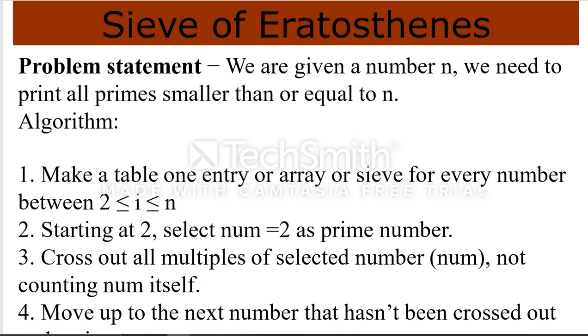Unwanted elements. All the non-prime numbers are unwanted numbers, and we have to sieve out all the non-prime numbers, so all prime numbers are left in the sieve. A sieve is just like a filter which filters out all the non-prime numbers, and it will contain only prime numbers. In this case we are creating an array. The array will start from 2 to n and contain all the numbers.